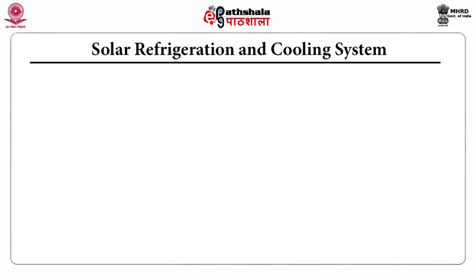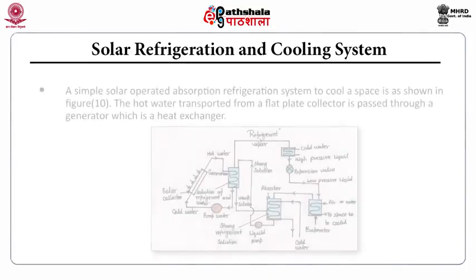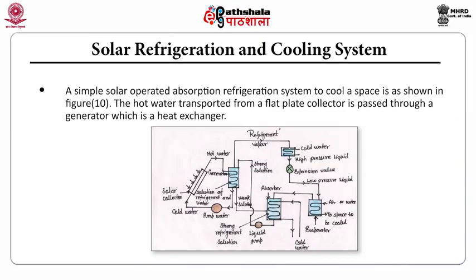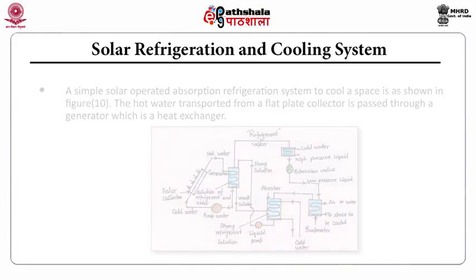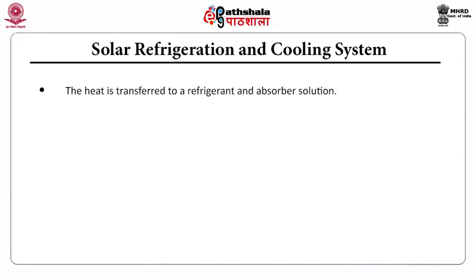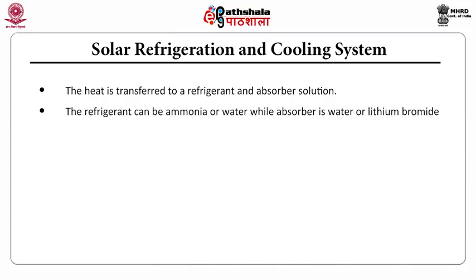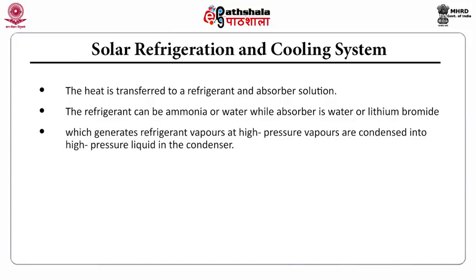Another application is solar refrigeration and cooling system. A simple solar operated absorption refrigeration system to cool a space is given in this figure. The hot water transported from a flat plate collector is passed through a generator, which is a heat exchanger. The heat is transferred to a refrigerant and absorber solution. The refrigerant can be ammonia or water, while the absorber is water or lithium bromide, that generates refrigerant vapors at